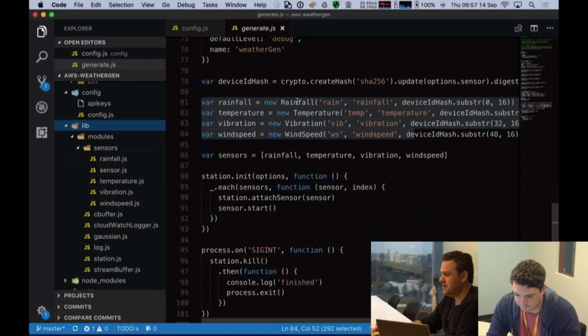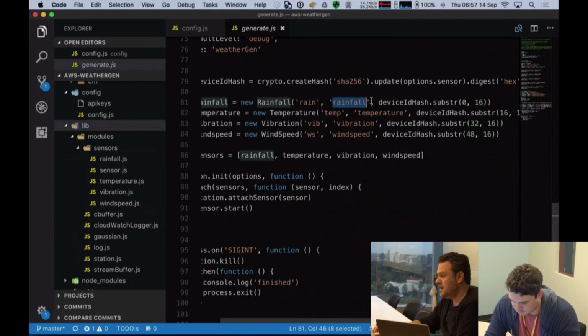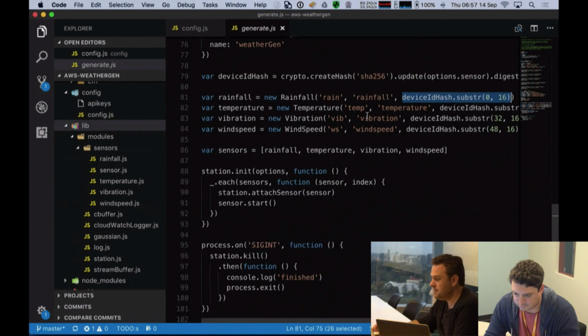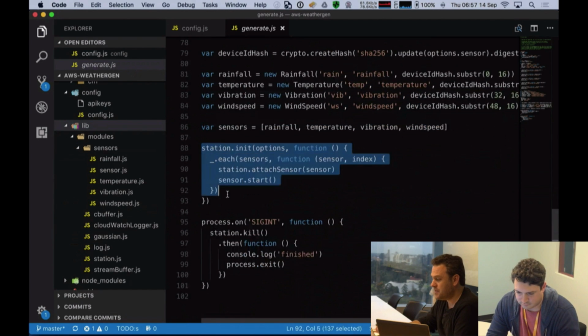So you can see over here we generate a rainfall sensor called rain, which is what's included in the topic. It's called rainfall, and we just create a generic GUID, a globally unique ID, using this device ID hash. So we create a hash which is unique. We create an array of sensors, and then we iterate through that array of sensors to start them up.